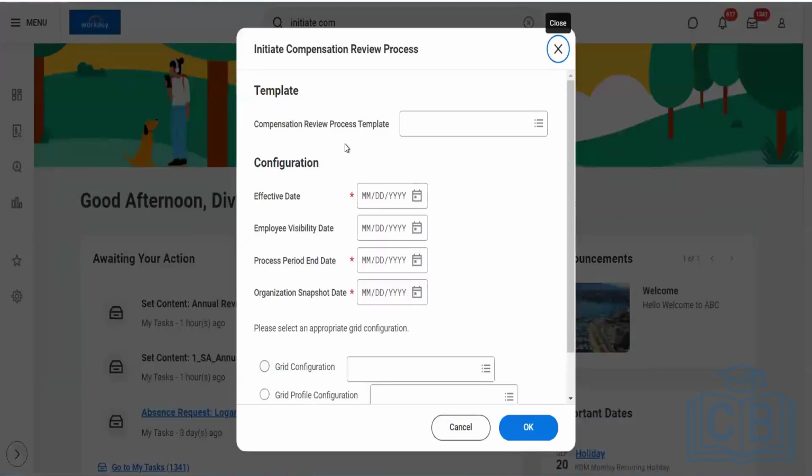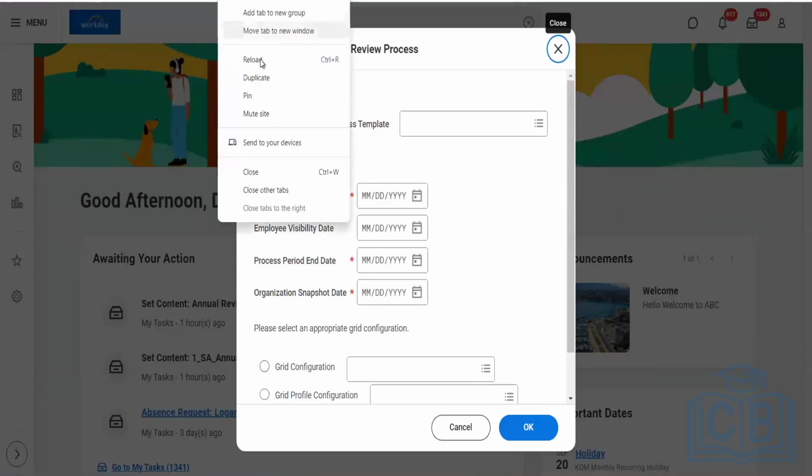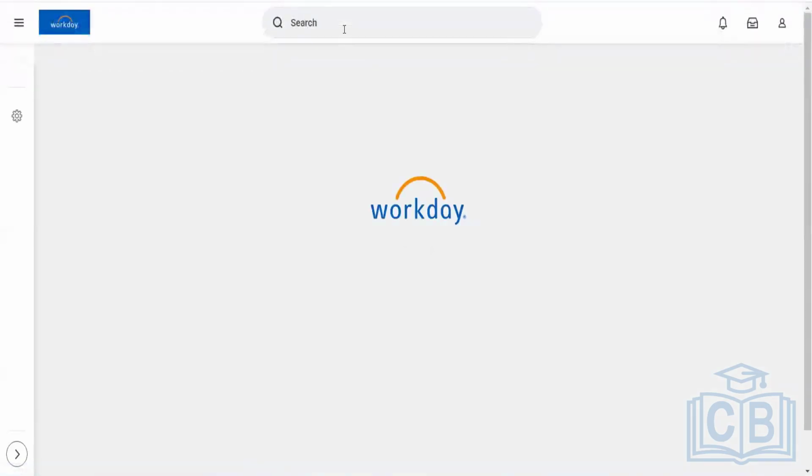Okay. So normally, whenever we set up the compensation review process, this is mainly linked to